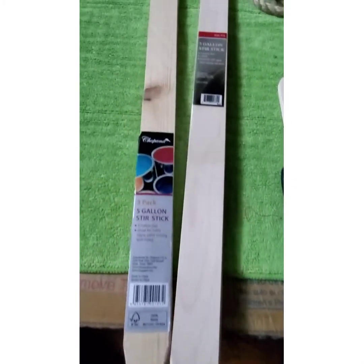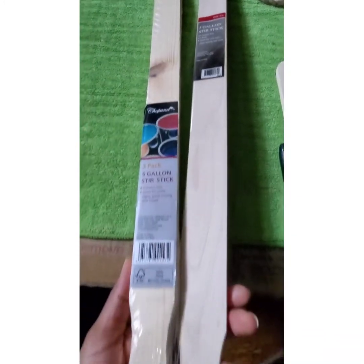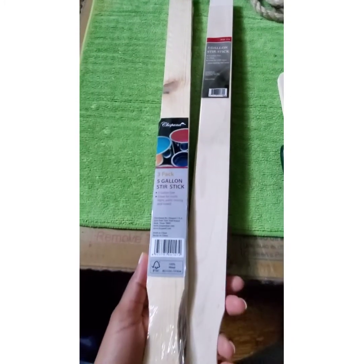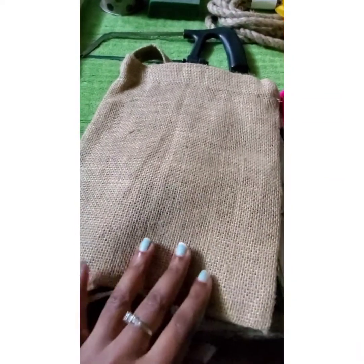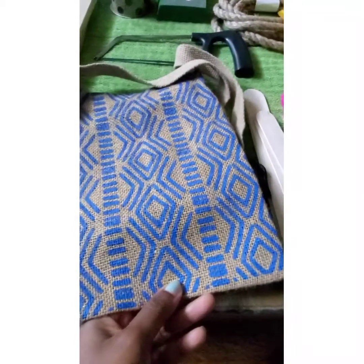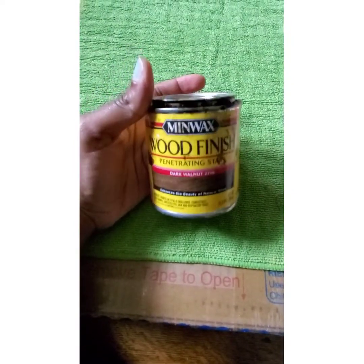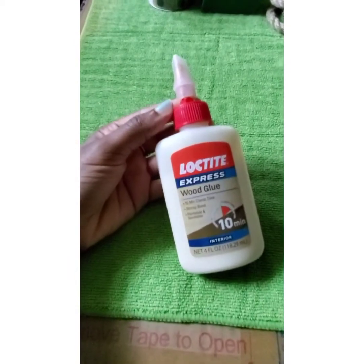You're going to need these paint stir sticks from Walmart. They come 3 in a pack for $1.12. You're going to need a total of 7 sticks for this project, so you will need to buy 3 packs. You're going to need this messenger burlap bag from Dollar Tree, some wood stain, a hot glue gun or wood glue,